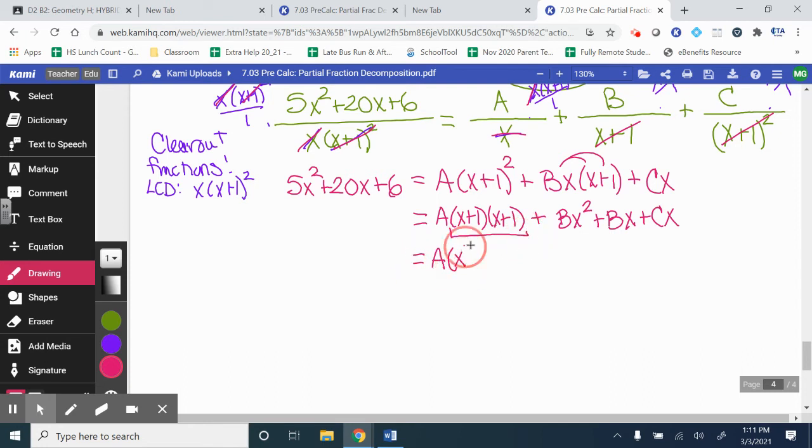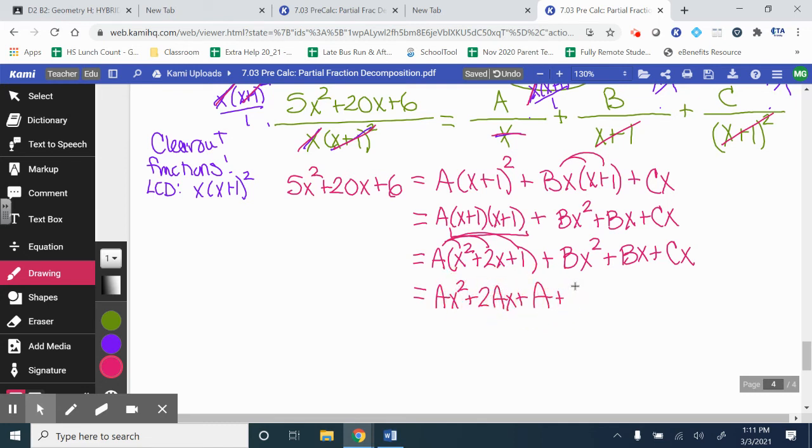So in there would be x squared plus 1x plus 1x would give me 2x plus 1, plus bx squared plus bx plus cx. And then again, I could distribute my A into my parentheses. So now I have ax squared plus 2ax plus a, and then I'm just bringing down the rest. So plus bx squared